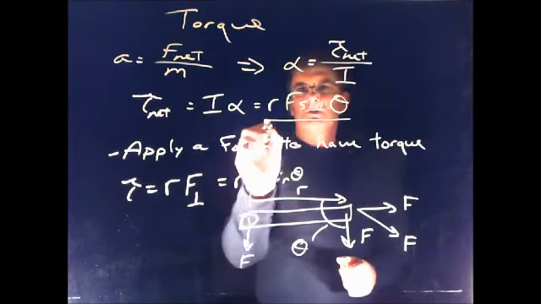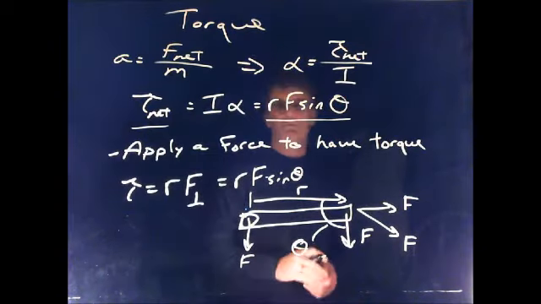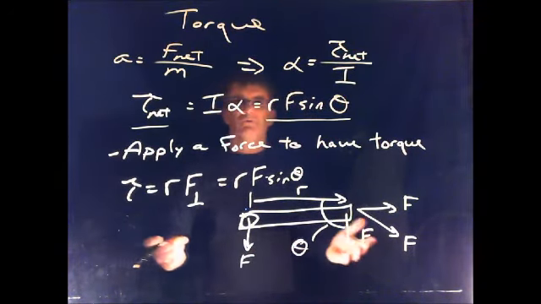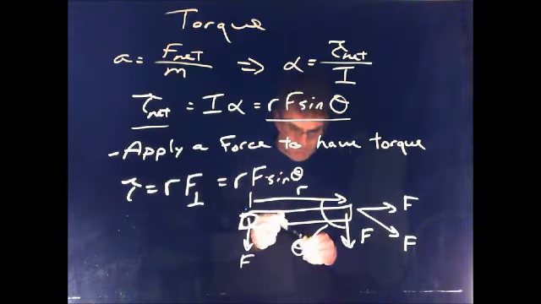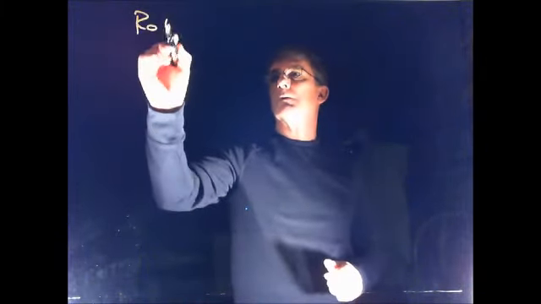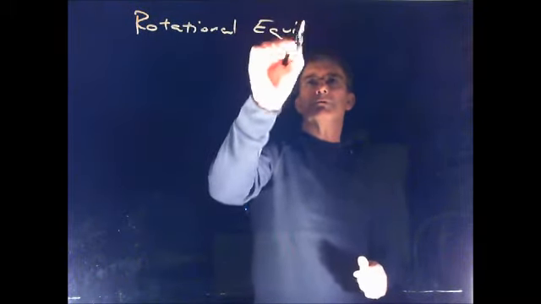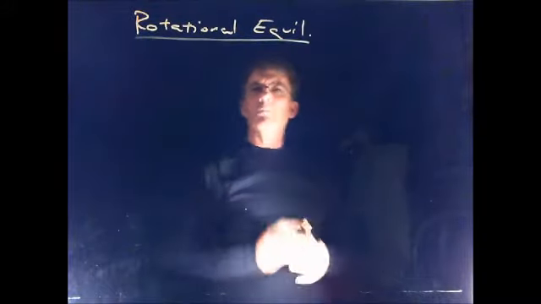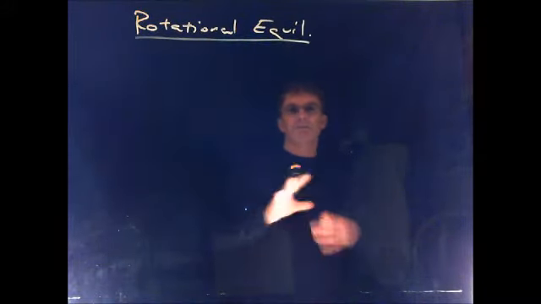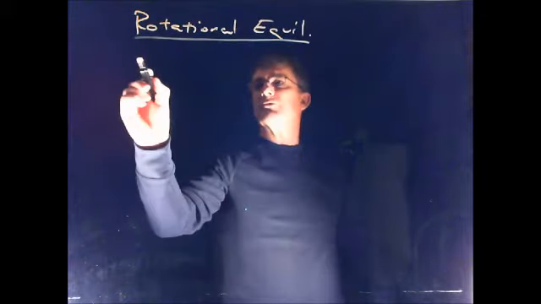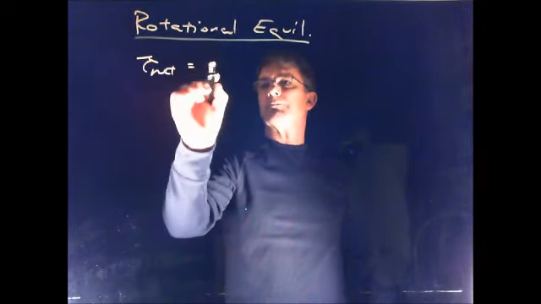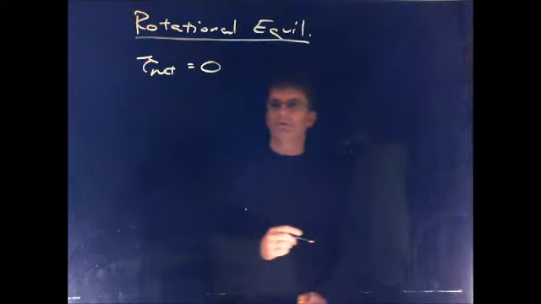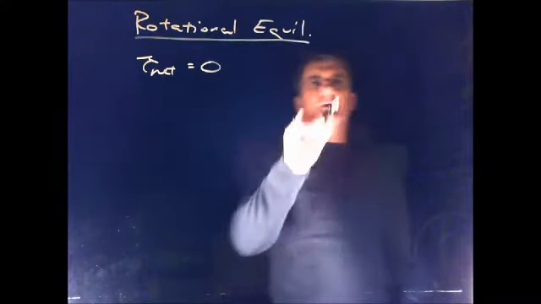This is the expression that's on the formula sheet. It's also equal to I alpha. F equals ma is not on the formula sheet, but that guy is. I tend to focus my problems on rotational equilibrium. We talk about the other situation most definitely, and we'll do some, but I tend to focus more on when we're in an equilibrium state, our net torque is 0. So we'll do a few problems like this, and we might look at